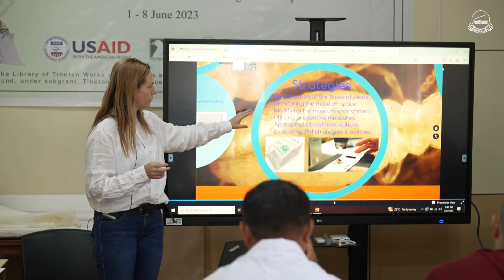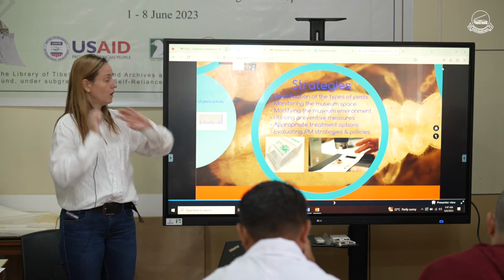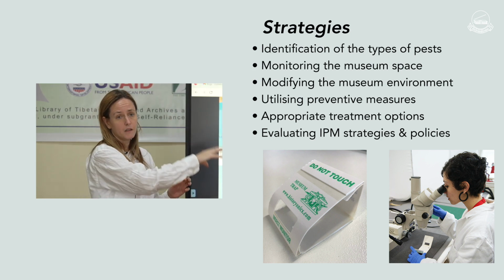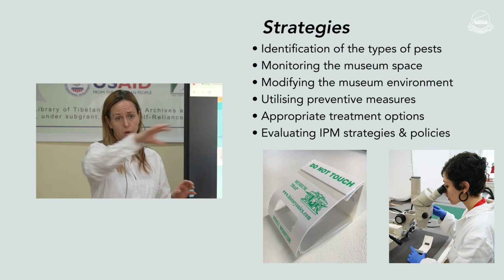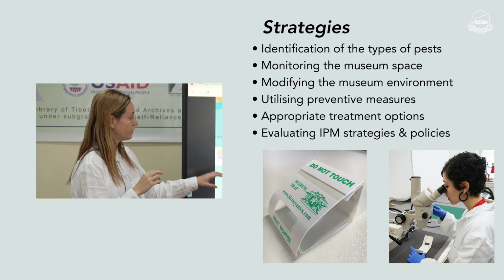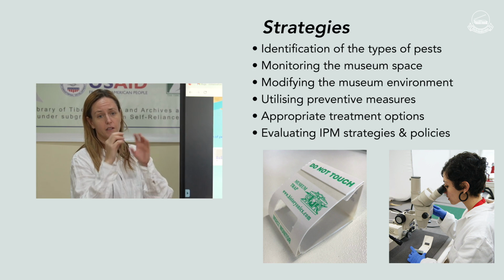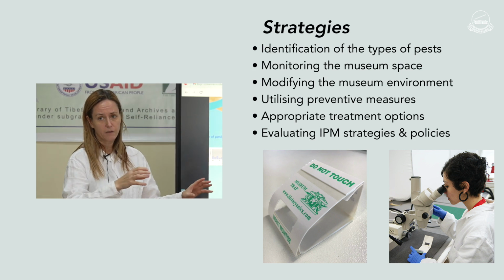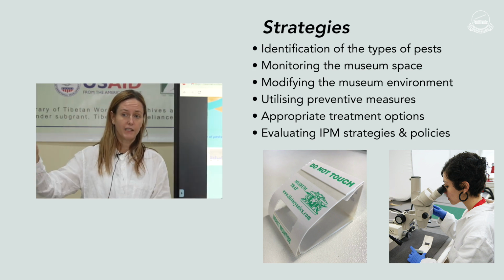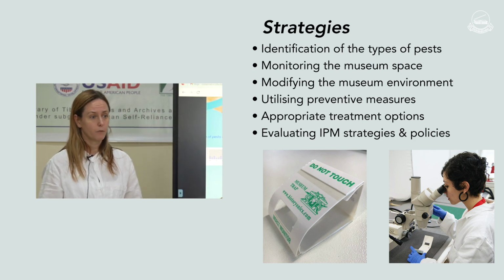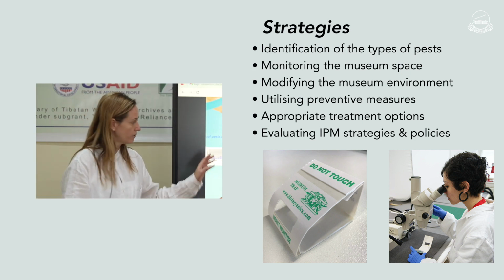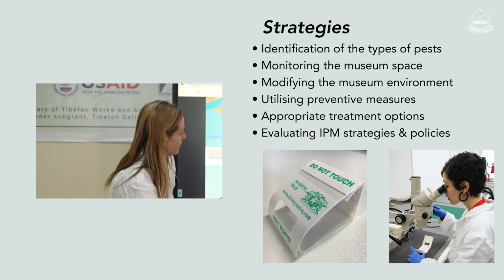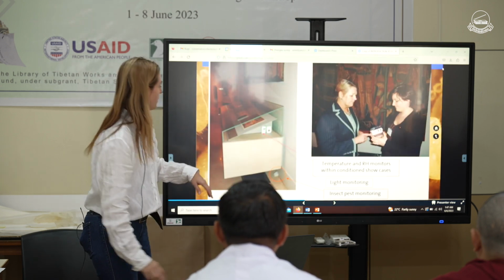This is probably stuff that we wouldn't do here, but we just wanted to let you know that we have these blunder traps. They're sticky traps, and unfortunately the insects die, but people place them all along and map them, and we then assess what types we have and how many different types, and then you can tell what their activity is. This is what happens in a place where people maybe haven't taken their bodhisattva vow, and they think it's not so much of a problem that you do kill the insects.